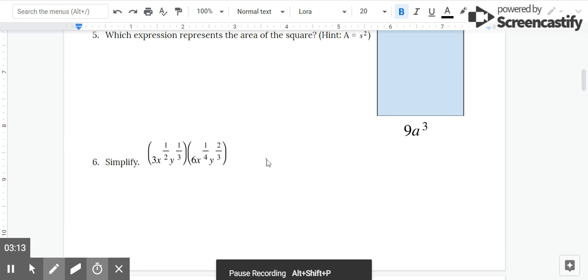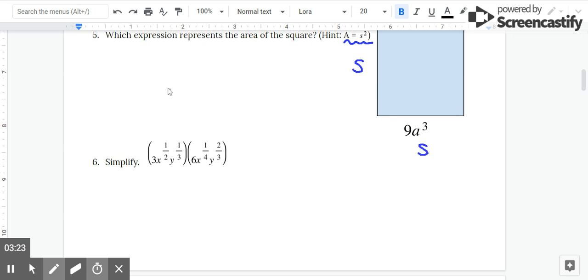All right, so if you look at the lesson notes, you will find similar questions like this. We know the area of a square is side times side, right? And in this question, the side is 9a cubed. So area is side times side, and the side is 9a cubed, so 9a cubed times 9a cubed. So now when you multiply